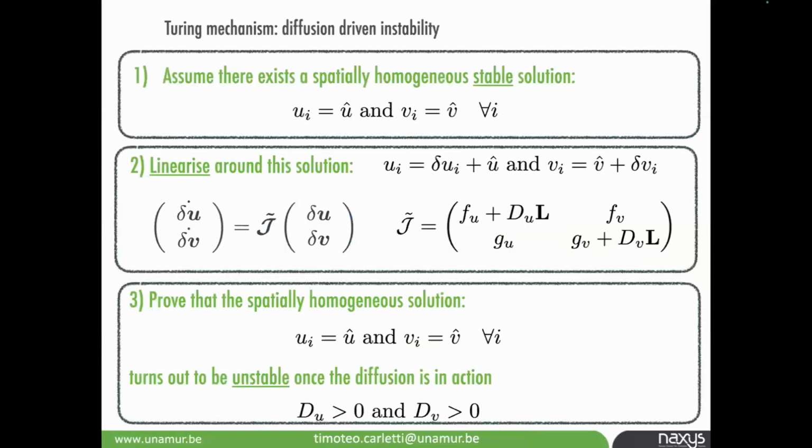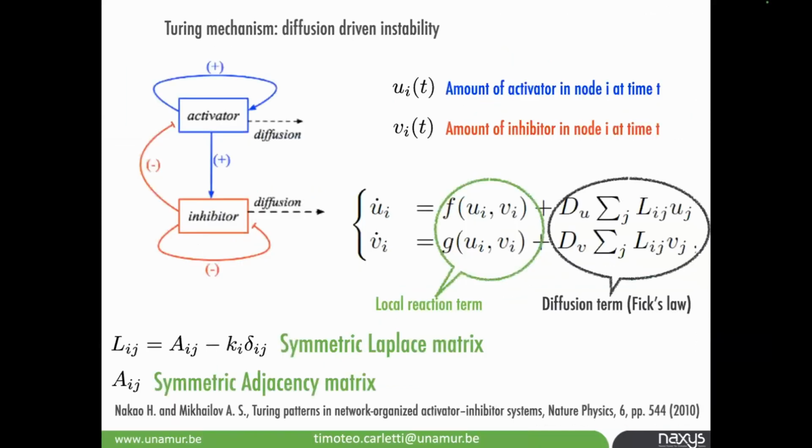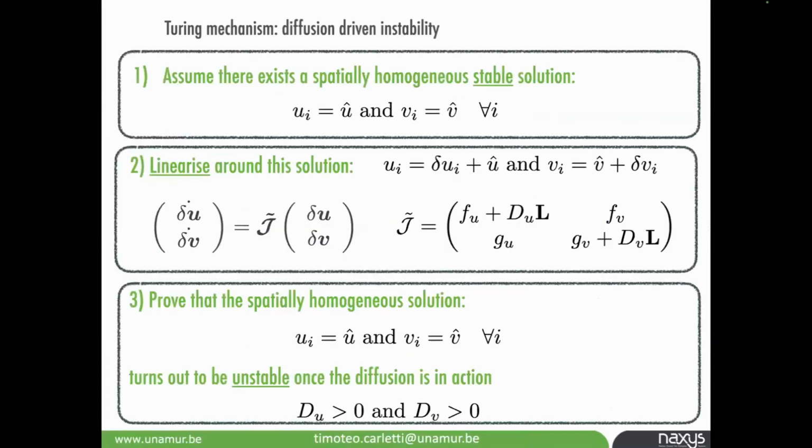I will briefly present the idea behind the Turing bifurcation because I need it in the following. The idea is the following: you assume that there is a homogeneous solution, so space independent, u hat and v hat, which is the solution of the reaction part. But because the Laplace matrix admits the vector 1, 1, 1 as eigenvector with eigenvalue 0, once we evaluate this solution on u hat and v hat, also this part vanishes. And so the solution of the reactive part is also a solution of the whole system. This will be important at the end of my talk. So this is a solution for the whole system.